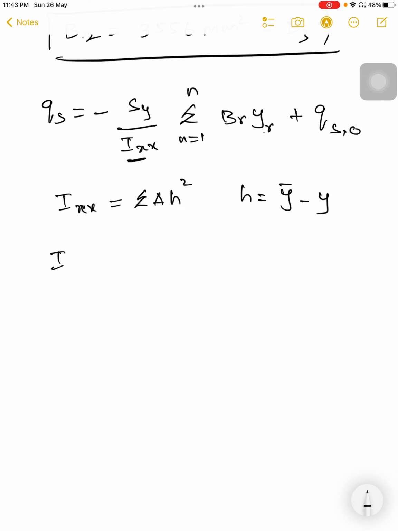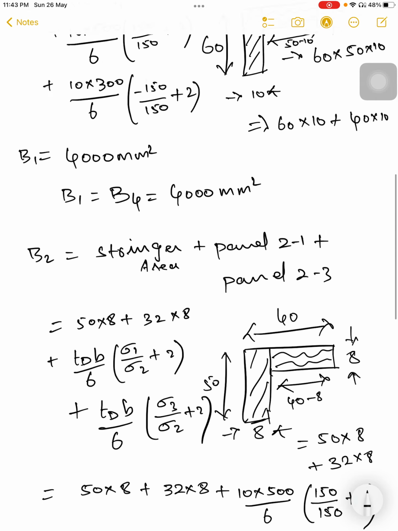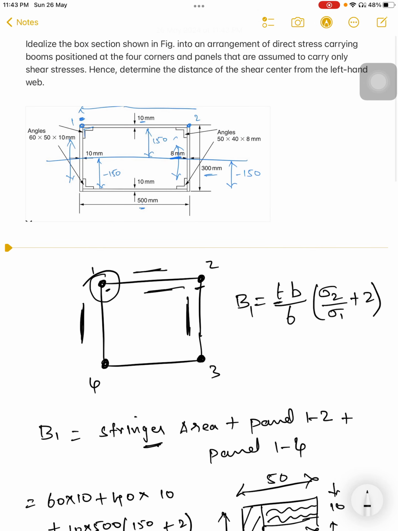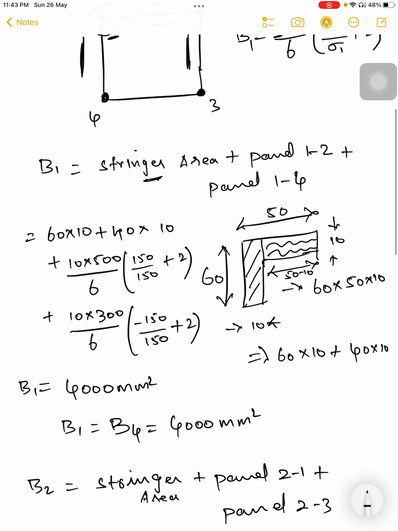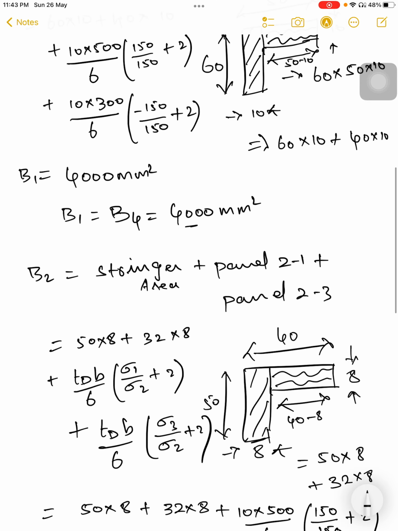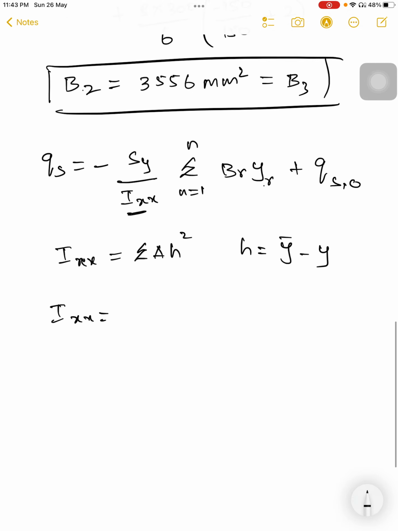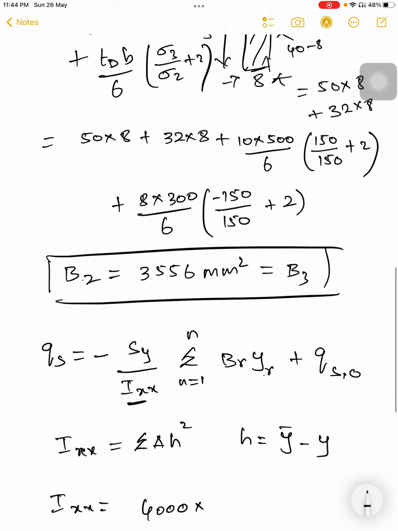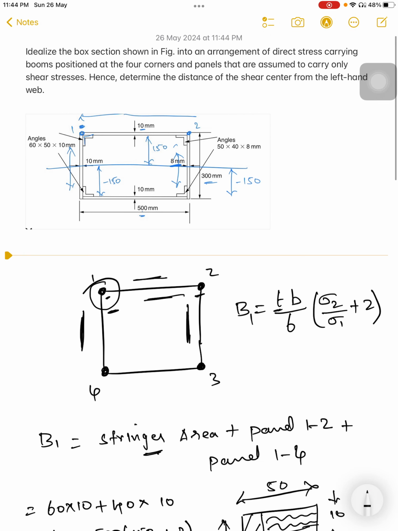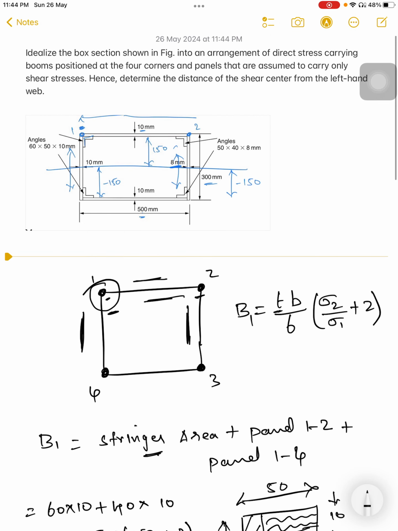So for boom 1, the area is B1, that is 4000 mm square, into h square. So h is the distance from the centroid. The distance from the centroid is from here to here, that will be 150